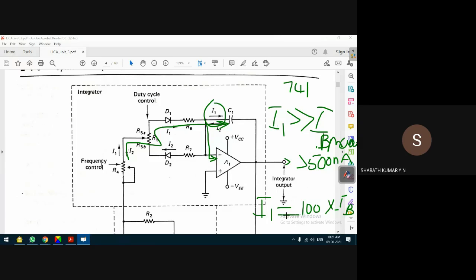100 times that of IB max, so it can be around 50 microamperes. 100 into 500 nanoamperes gives 50 microamperes. Because as we have understood, if this current is very, very small, this capacitor value should be very, very large. And in a circuit like this, we cannot afford a very large capacitor, because this capacitor is like a very